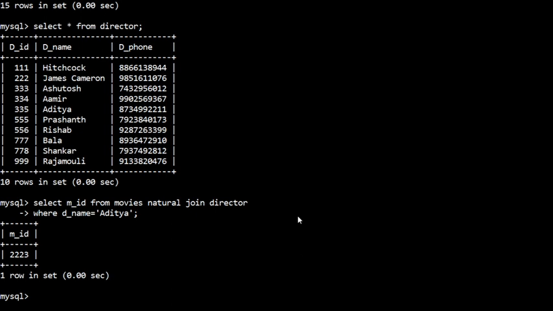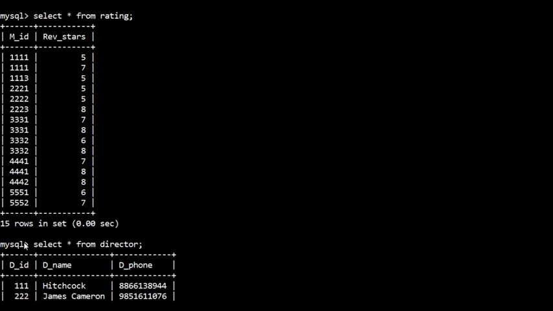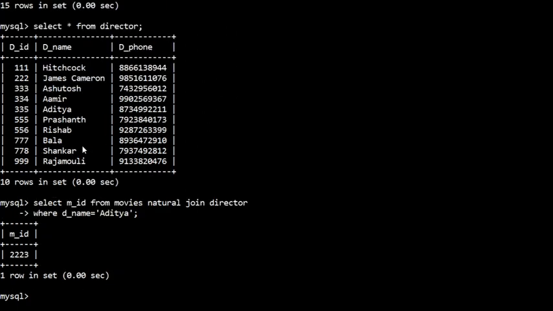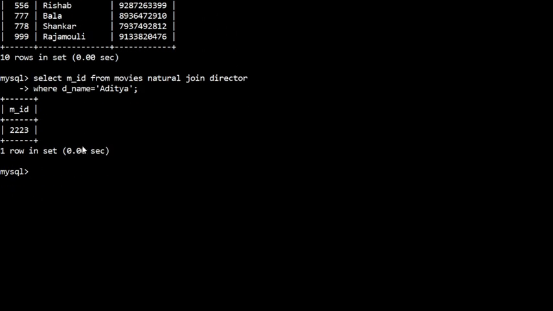Now let's see what is the rating of this 2223. So 2223 has rating 8. I want to modify this rating to 5. Instead of Steven, I'll use whatever is in my table. If you have a Steven name in your director table, you can use that name.